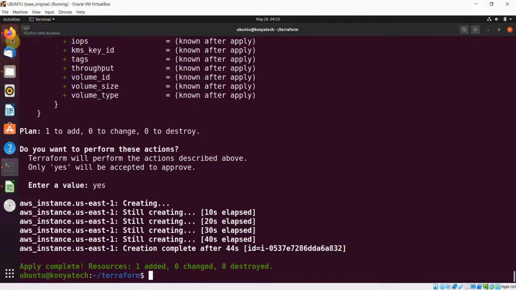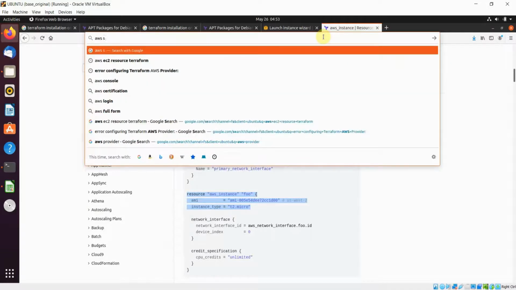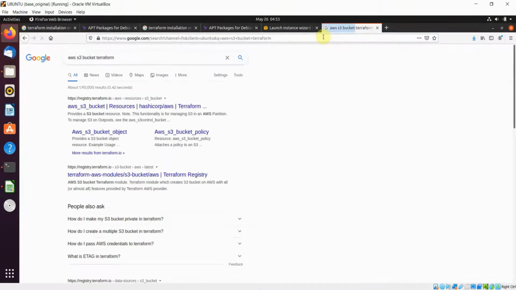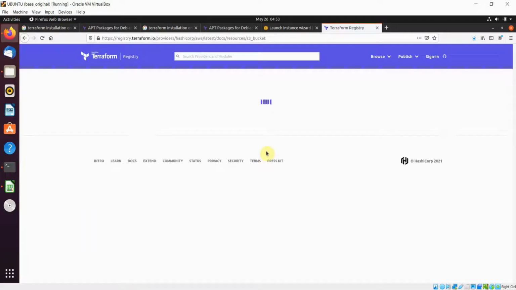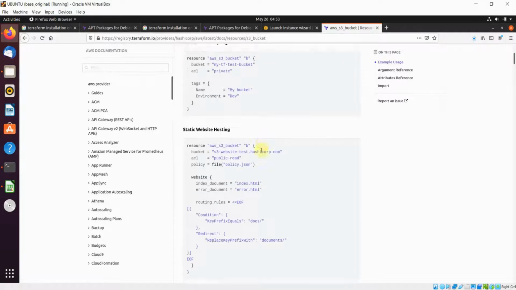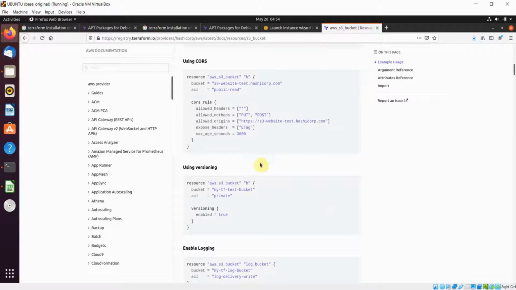So guys, let me create the storage, AWS S3 bucket. So select this one and scroll down. We have to check the required code. Okay, so here this is suitable for our requirement. So copy this one